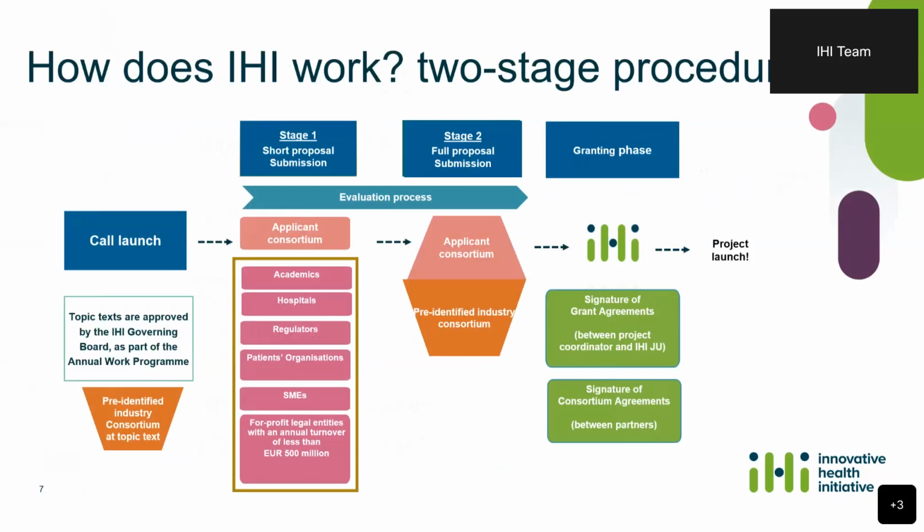During the stage 1 evaluation process, meaning the short proposals, the applicant consortium, which can include academics, hospitals, regulators, patient organizations, and also private for-profit entities like SMEs, prepares the short proposal that will be evaluated by independent experts. As already mentioned, only one applicant consortium will move to the second stage, the one that is highly ranked, and together with a pre-identified industry consortium will prepare a full proposal that will go once again through a new round of